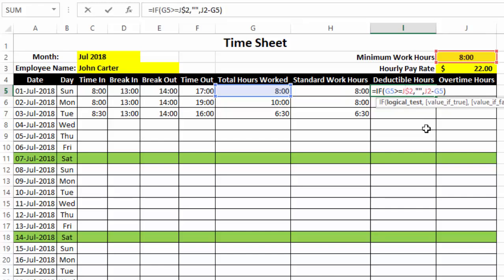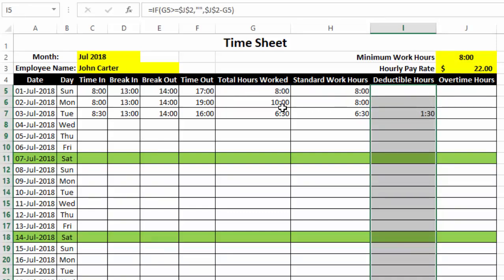So I will freeze this J2 cell, and then when I drag it down, you can see this employee worked more than the standard hours, so here is also nothing. And here you can see this employee worked 1 hour and 30 minutes less than standard work hours. So here is 1 hour and 30 minutes that we need to deduct from this 2 days salary, sorry, from